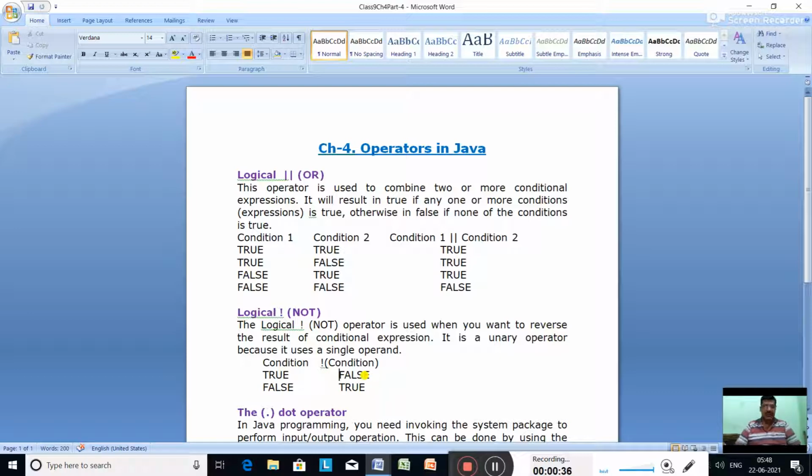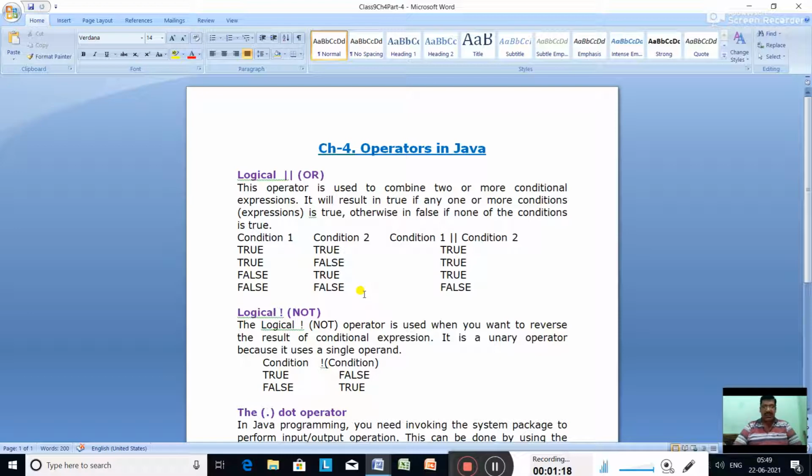It works with how many operands? Two operands. Then we discussed the ternary operator. The ternary operator deals with three operands and it is also called the conditional assignment statement because the value assigned to a variable depends upon a logical expression. Then we discussed the relational operator. The relational operator compares the values of two operands and determines the relationship between them, and it always returns a boolean type value, that is true or false.